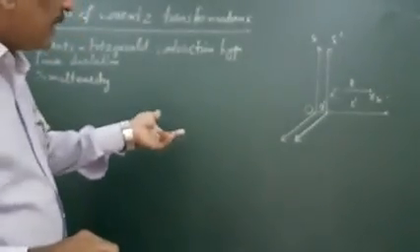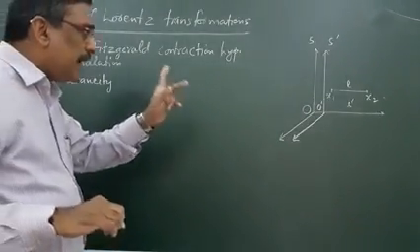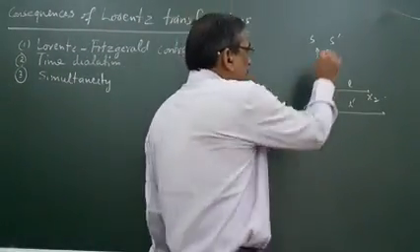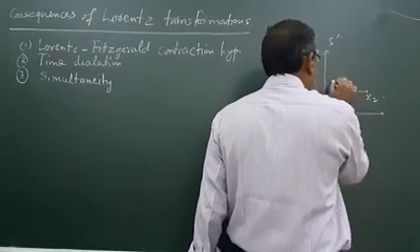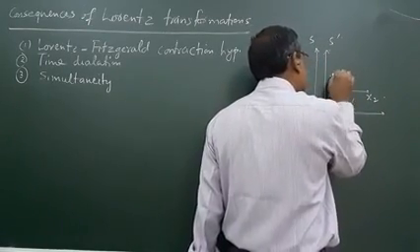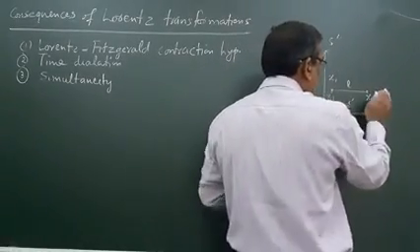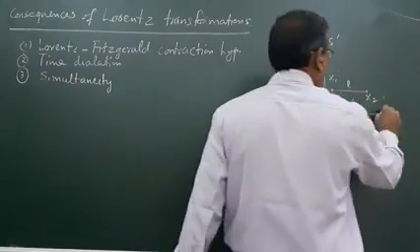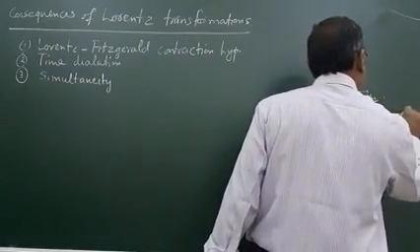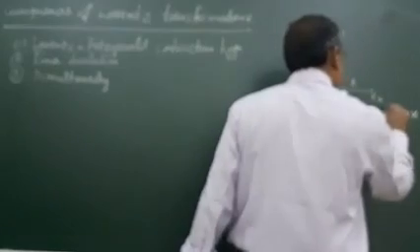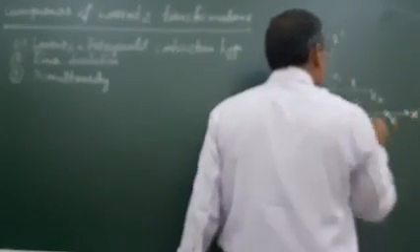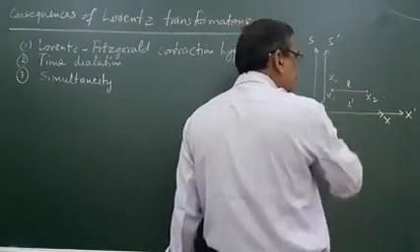How can we find the relation between L and L dash? In this frame, its coordinate, its position is x1 dash. Y and z positions are the same since we are taking this frame along the x-axis only, parallel to the x-axis and x dash axis. So the y and z coordinates for the